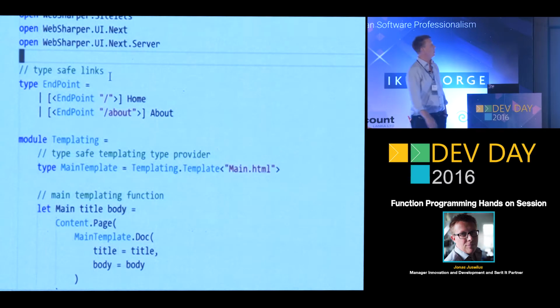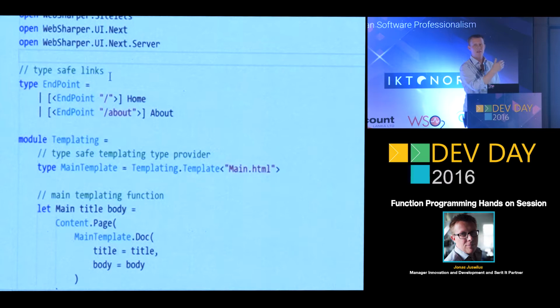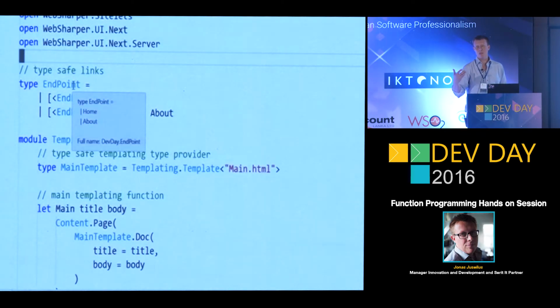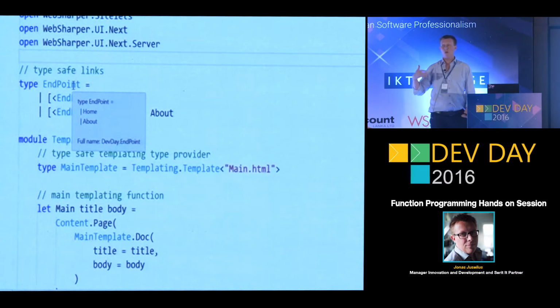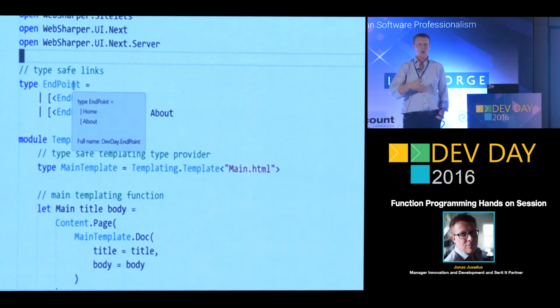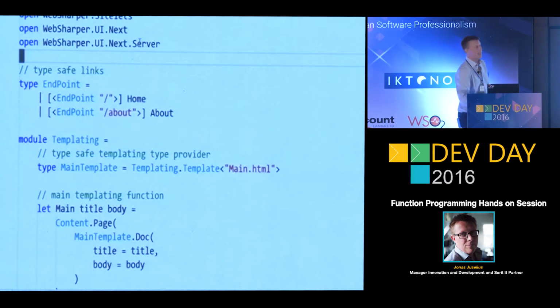I won't go into the details, but it's a union type where it's either this or that. And here we can define some endpoints and, using an attribute, say what the address to that endpoint should be. The whole point of this is that in this framework everything is parameterized over this endpoint type, which means that all links, all endpoints, everything we create always takes this endpoint type,